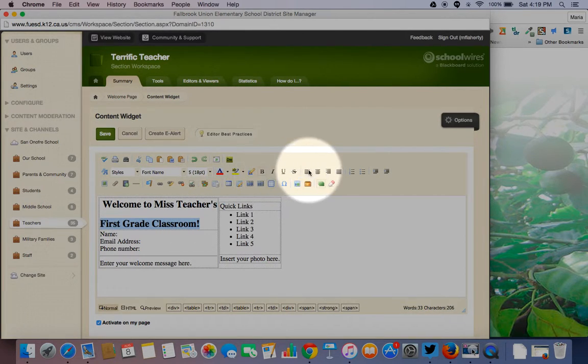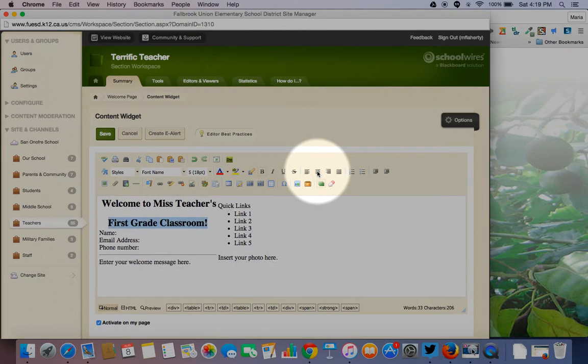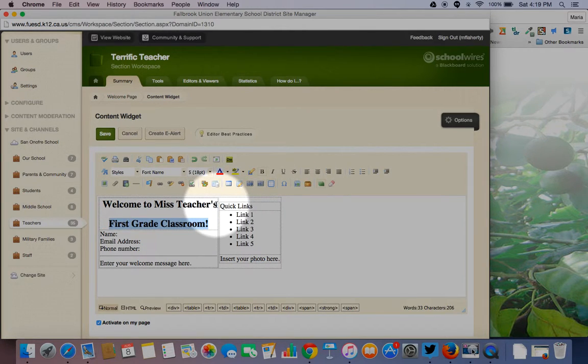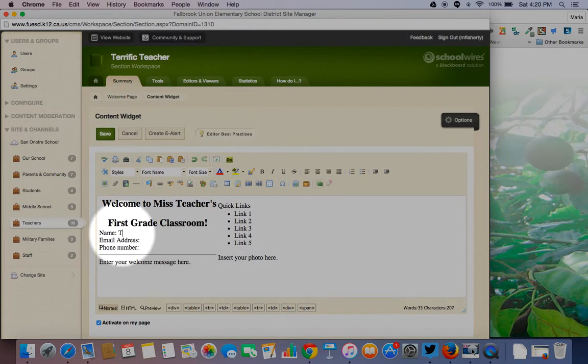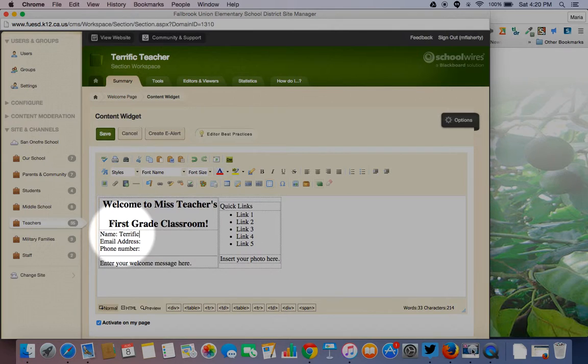Yes. And I want to have it centered. I'm not sure if this top one is centered, so I'm going to go ahead and just make sure I say it is centered. Now I'm ready to start typing in my information. And here I might put my first name, Terrific Teacher. I put my email address,